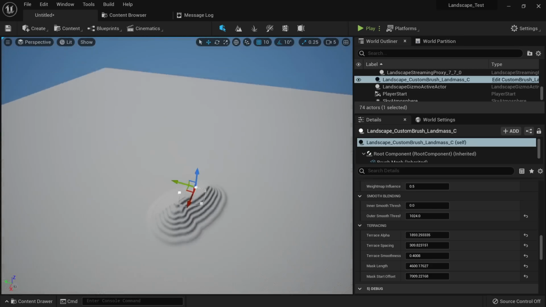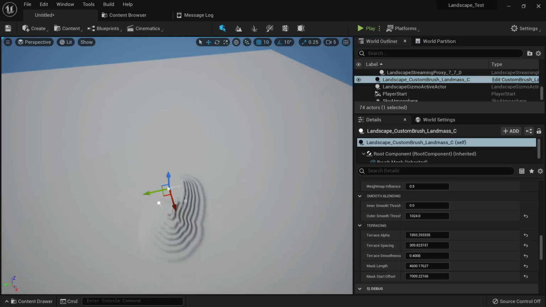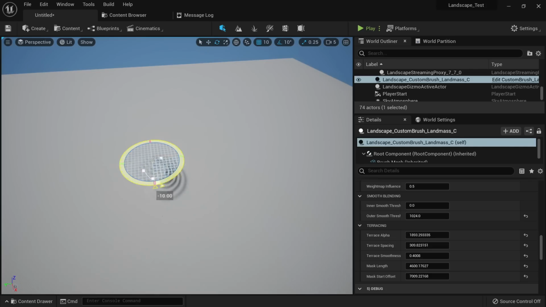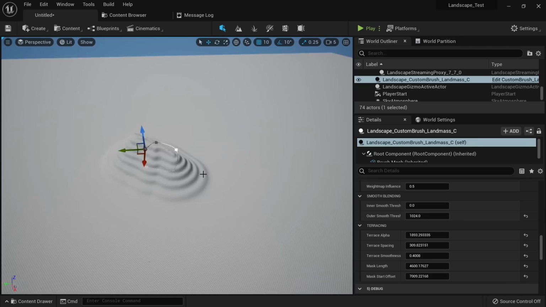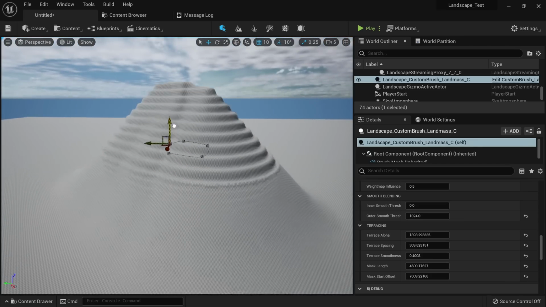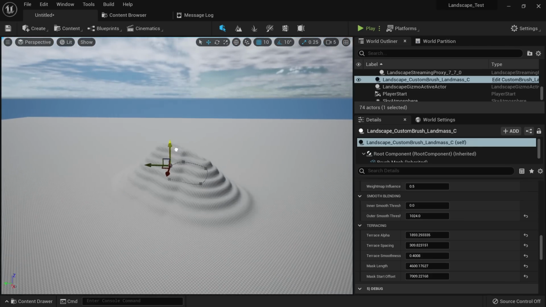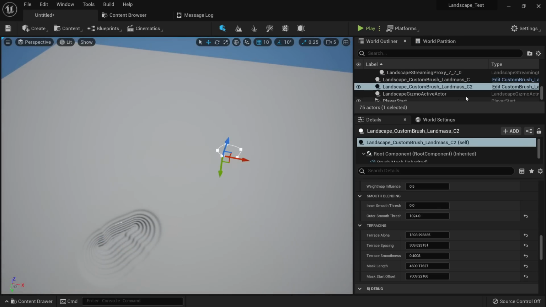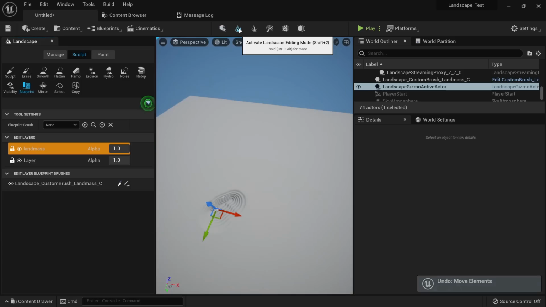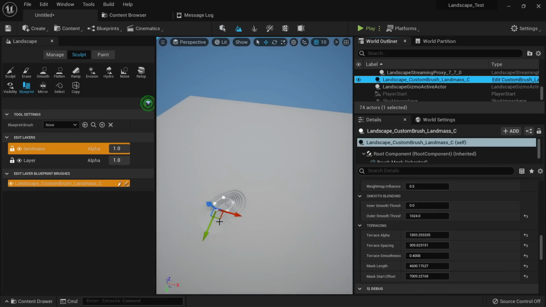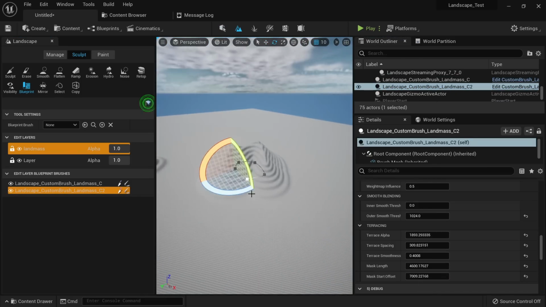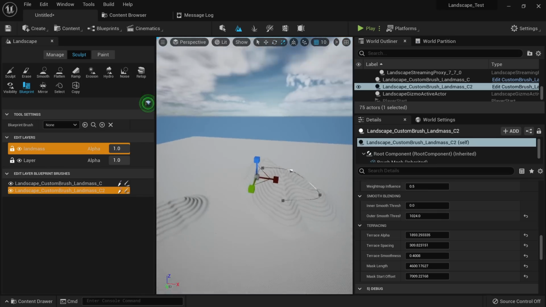And the beauty of this is that you can go to your landmass and you can just move it around. You can rotate it, and it's a non-destructive process. You can move it up, and you can even duplicate it by holding Alt. Sorry, let's go back to the landscape, and then hold Alt, and now you will be able to see results. You can scale it up if you want. That's something